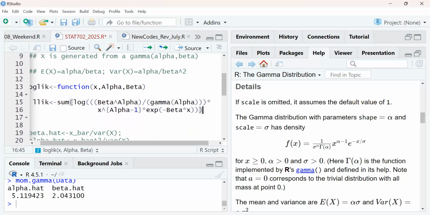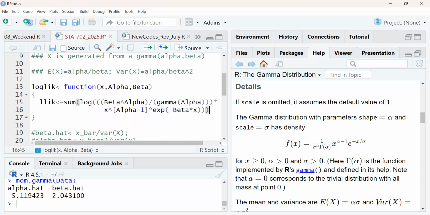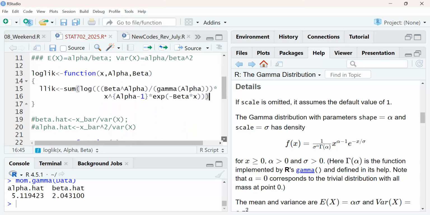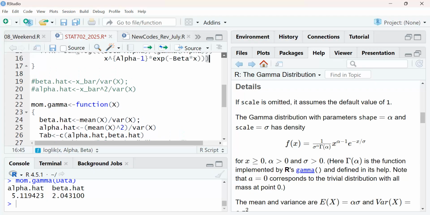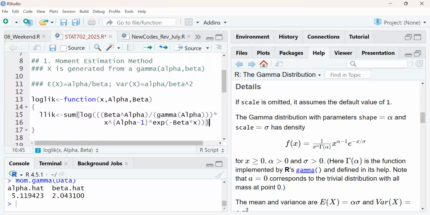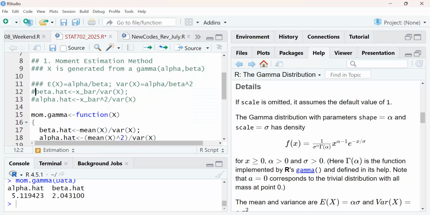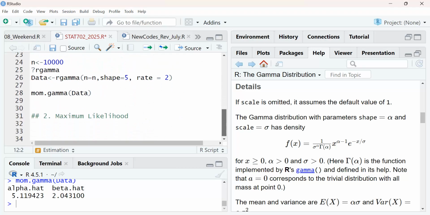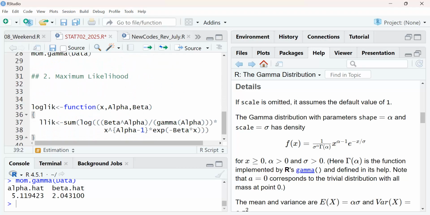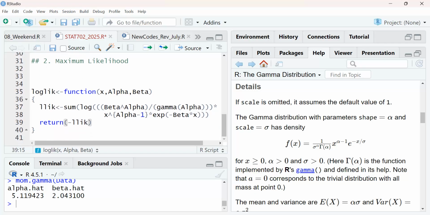Okay. When I'm returning this, I'll return it with what? Did we do it? I think I did not. I need to do it now. Okay. So when I'm returning it, remember, I'll return the negative log likelihood. Is that okay? So that whatever we are going to do will be what? The maximum.